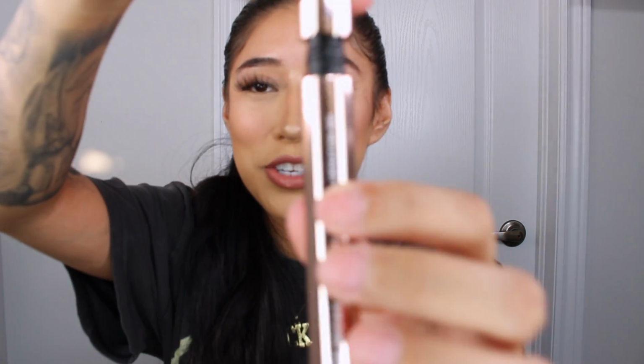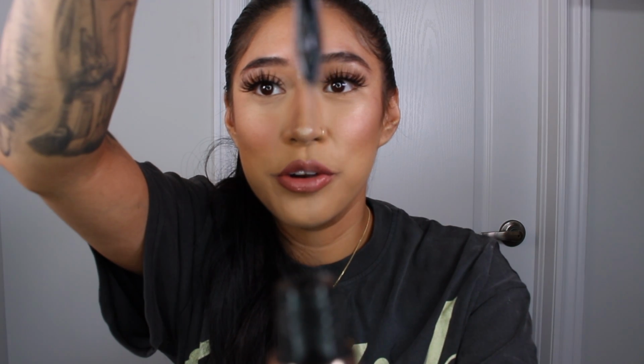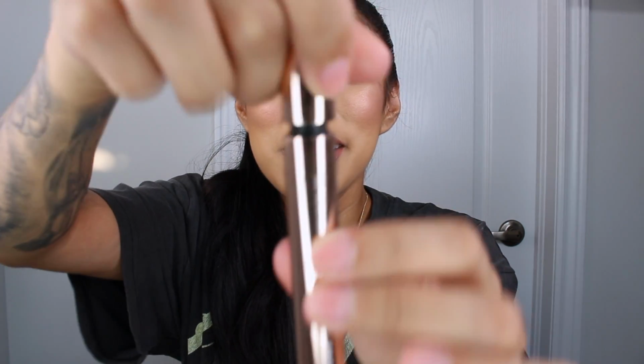All right, so this is what it looks like. Oh my goodness, it is so tacky, guys. Look at this. I don't know if the camera's picking it up. I know you guys see that. It is so tacky. It literally looks like glue. Oh my goodness, it's even sticking out. Wow. Maybe this hold is a real unstoppable hold because the way this is looking, it's like a glue,